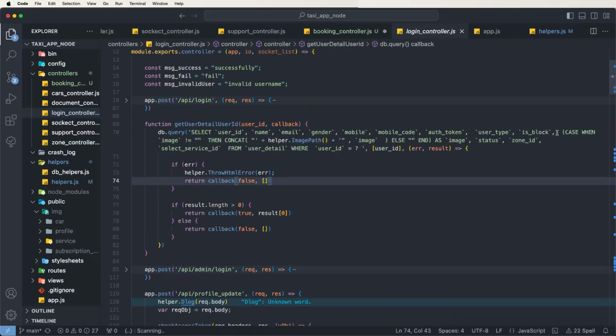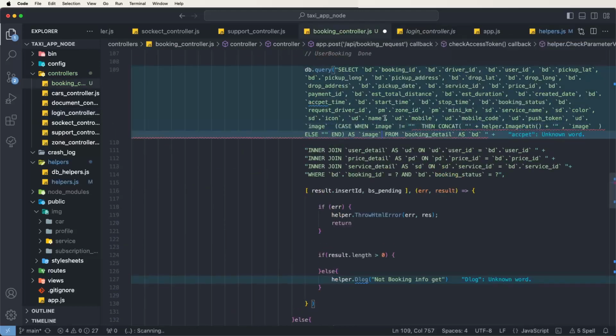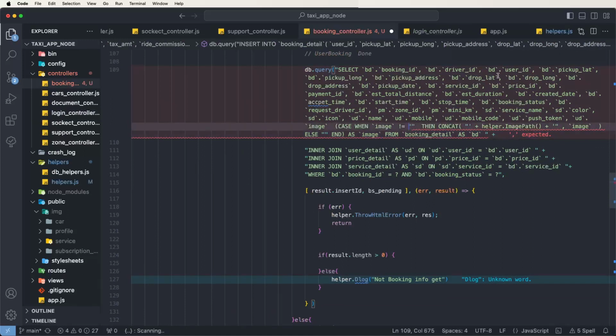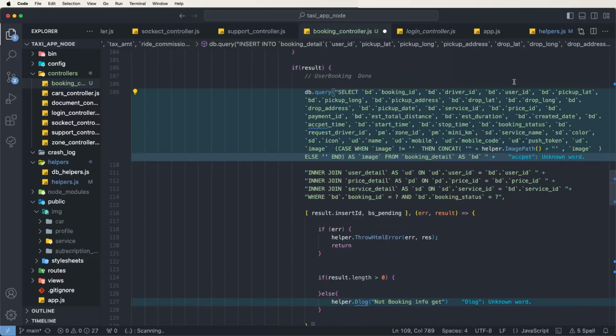Need to copy the concats here, and we need to apply this. Copy this image, if null,